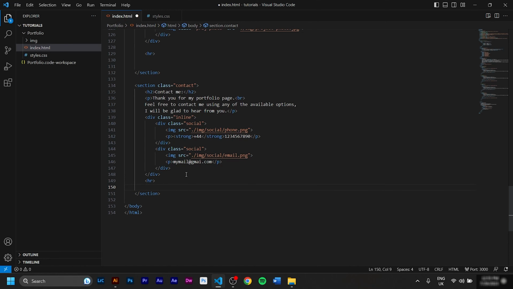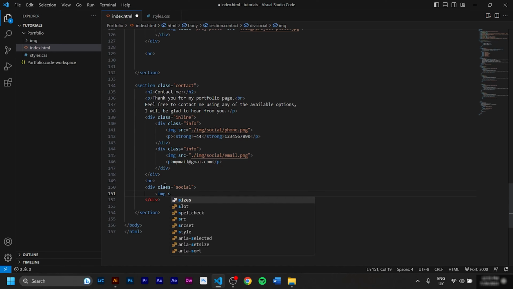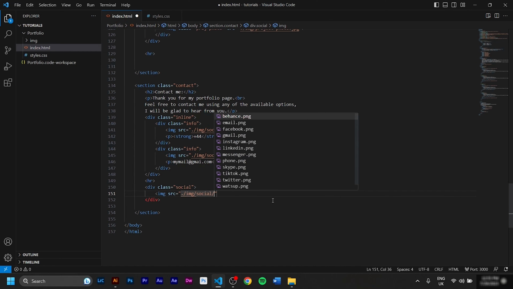with a class name of, now that I think about it, this doesn't make sense to name it social because we're gonna put the social buttons down there. So contact we used already. Let's name this info because it's our personal information. Copy it, paste it here, and then we'll name that one .social. It makes more sense that way. And inside we're just gonna drop all our photos. Image with a source, we go /, again we do all this path, and let's start with LinkedIn.